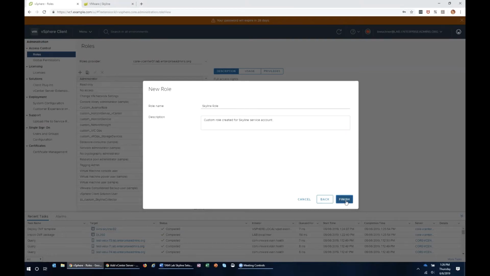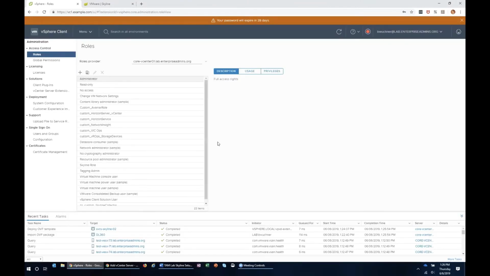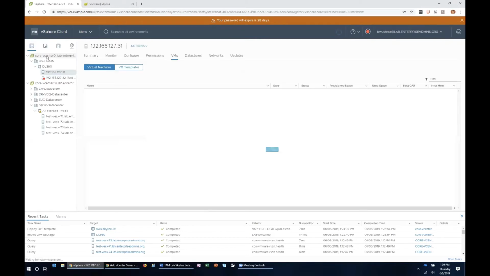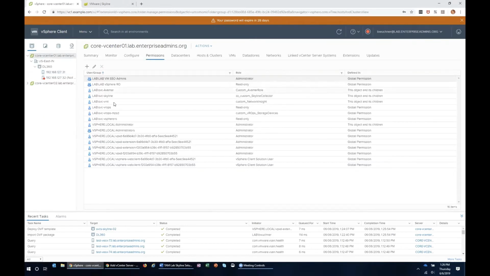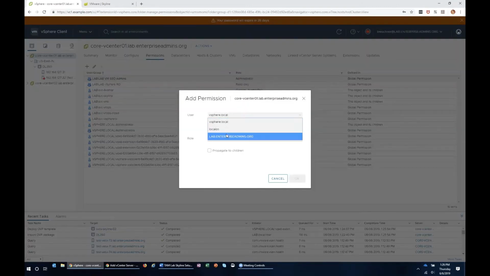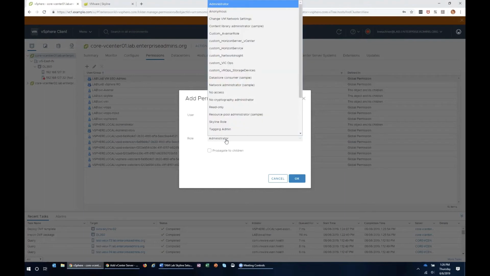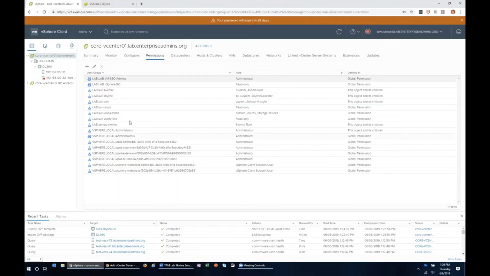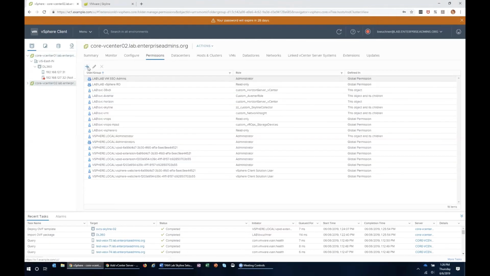Cool, so we'll say finish to that. We now have our custom role. So we'll toggle back over here to the hosts and clusters view. We'll pick a vCenter. We'll add our TAM Lab Skyline service account, and we will grant it the Skyline role. Okay, so that's all we need to get started with one vCenter, but we actually have two vCenters,